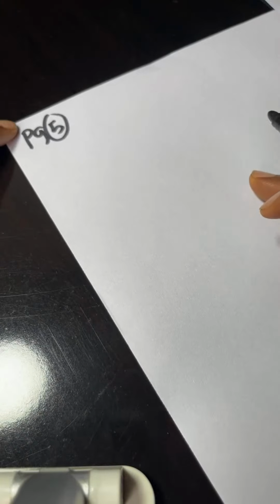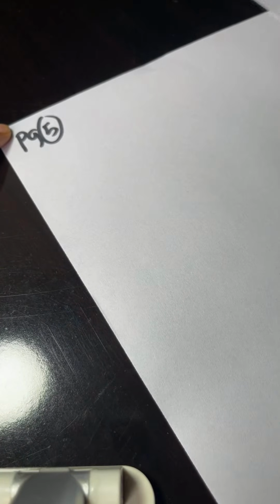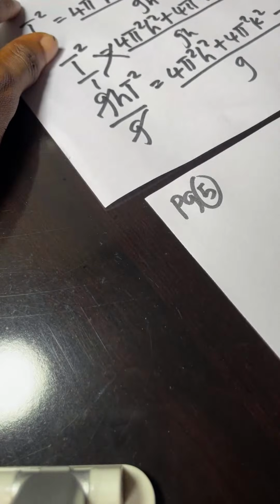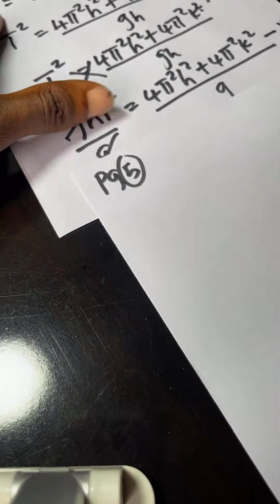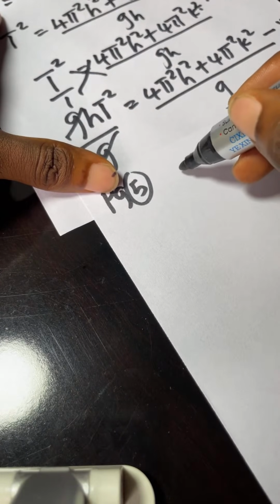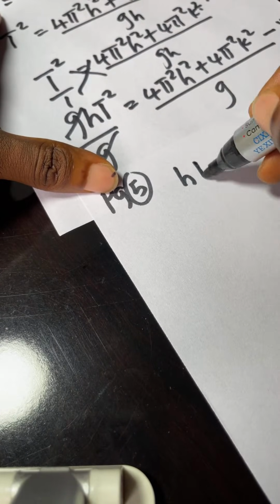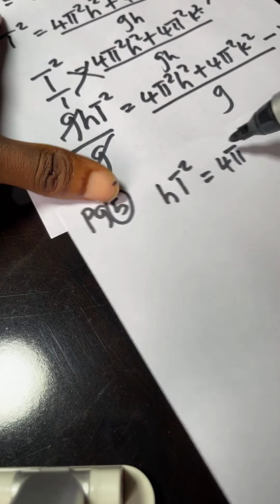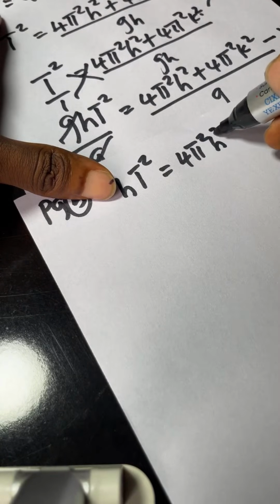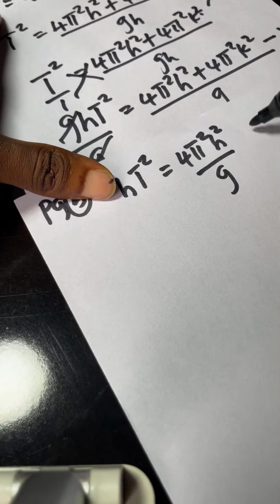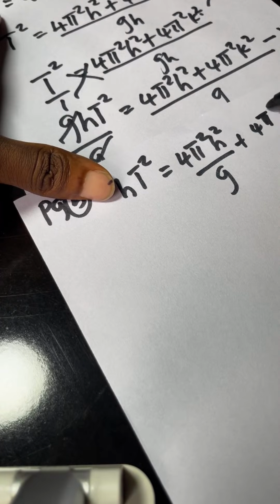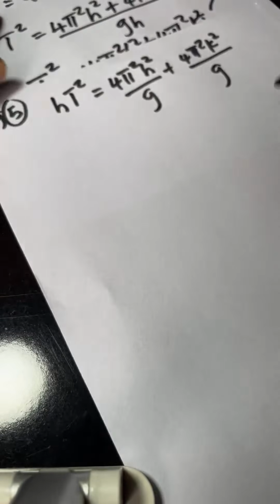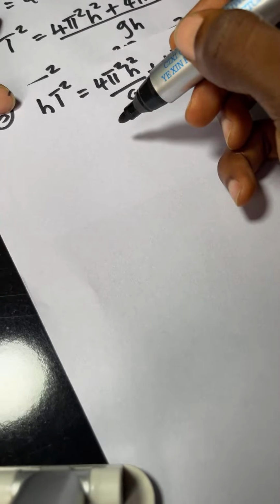Page 5. Let's number our page. Therefore, I'll be having something like, from here, h t square is equal to 4 pi square h square all over g plus 4 pi square k square all over g. Now automatically this equation is looking like